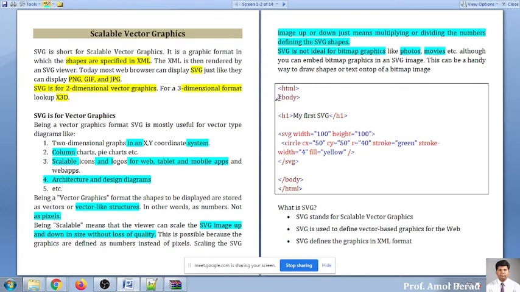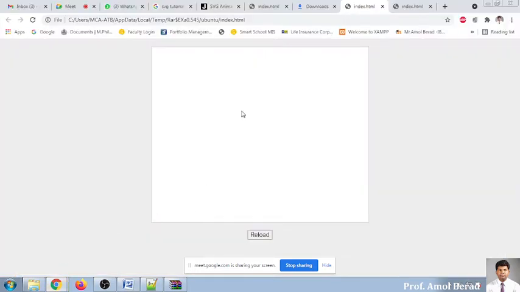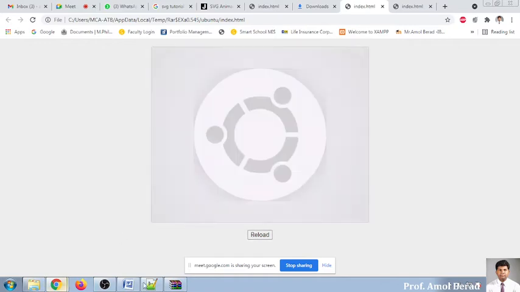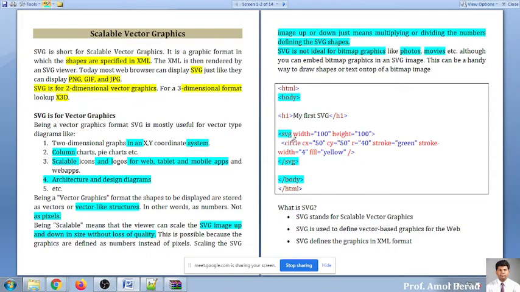Now how to write this is most important. We will be writing into the body tag, and we will start the code with an SVG tag. This is a double-ended tag, so we have to start it and we have to end it. And there are some attributes you have to use for setting the size. For this example, you'll see that we have set a size, just like a canvas, for the purpose of displaying something in it. And when I click on this button, the animation will start. The same thing will happen here.